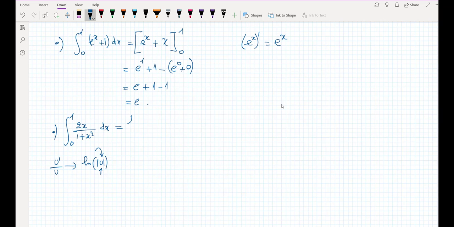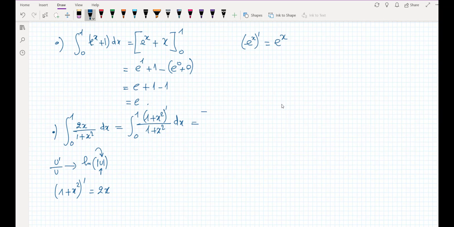So let's try to write this in this form. Integral between 0 and 1. If we take the denominator and differentiate it, the derivative of 1 plus x squared is exactly 2x. So we can write this in the form of (1 plus x squared) prime over 1 plus x squared dx,